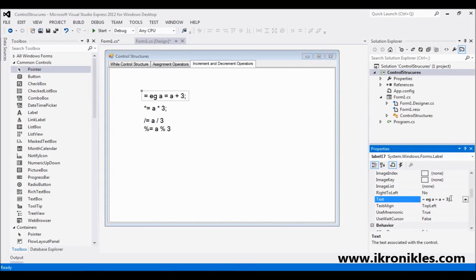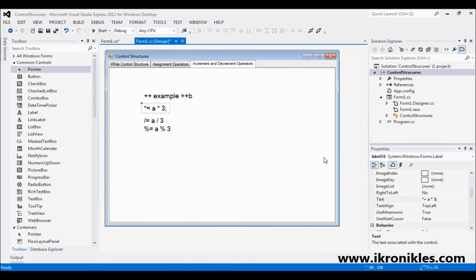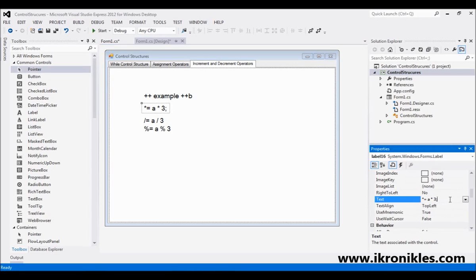What I mean by increment, we have plus plus, and this is called the pre-increment operator. The pre-increment operator example is ++a or ++b, and we have the post-increment operator. So the post-increment operator is also plus plus. Example